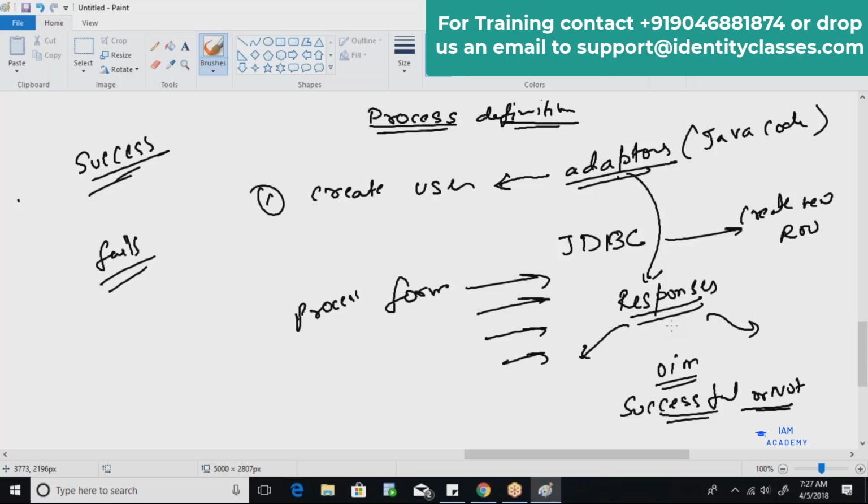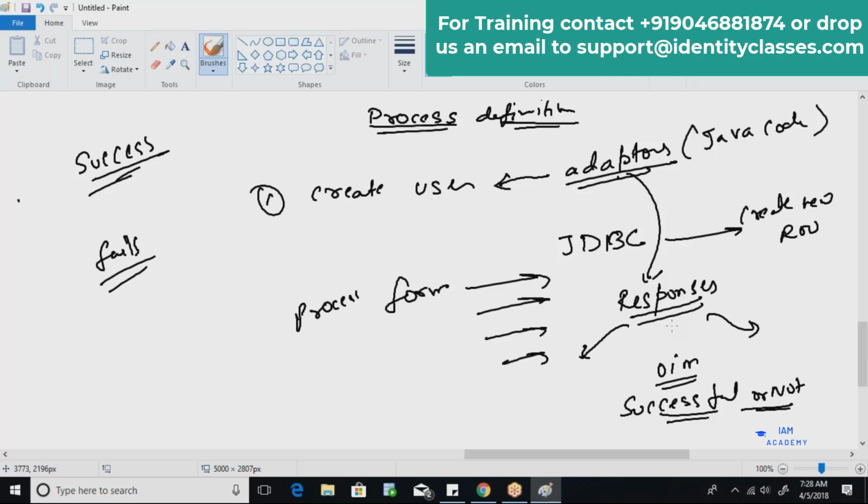Sometimes you might see that I tried to raise a request for a particular account or application. The approval has been done, but even after the approval, my account is still stuck in the provisioning state. It is not converted into the provisioned state. So whenever you go into the resource history of such a task, you will be able to find that either the create user task was rejected or you might encounter some sort of error over there.